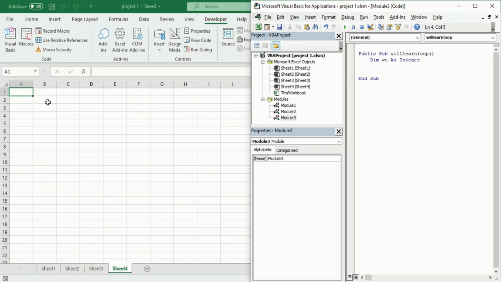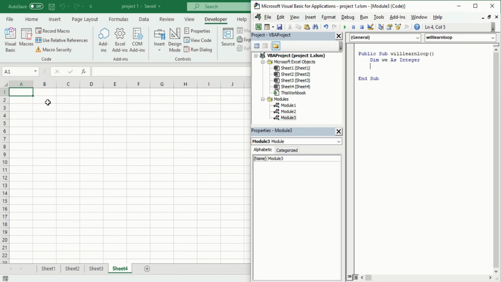Before going further, I will tell you what we will do today. In today's video, I will show you how to create a Do While loop. There are a lot of different loops, and Do While is the most common of all those loops. A Do While loop will help you get a loop structure within your code.